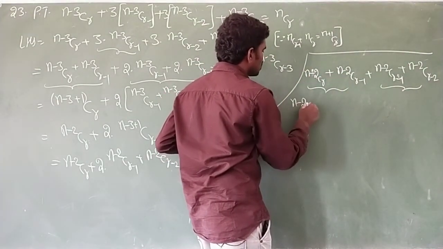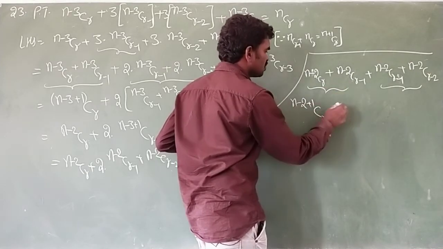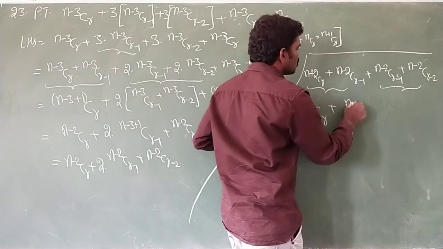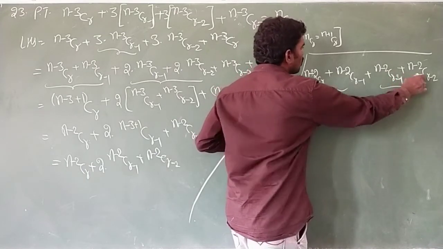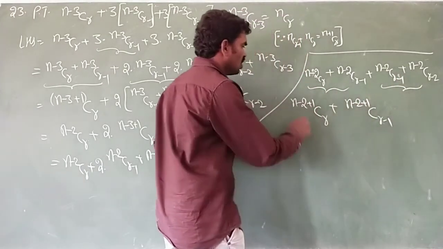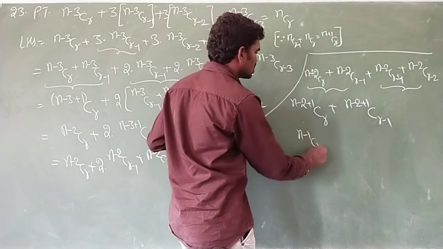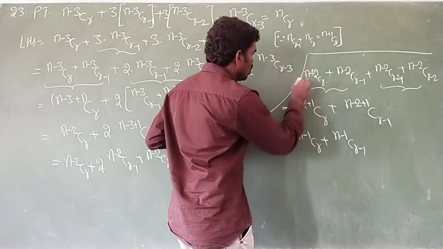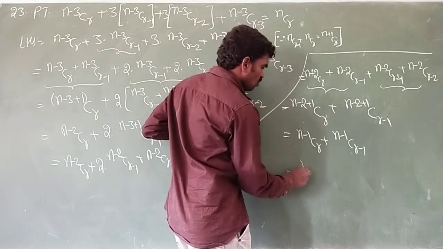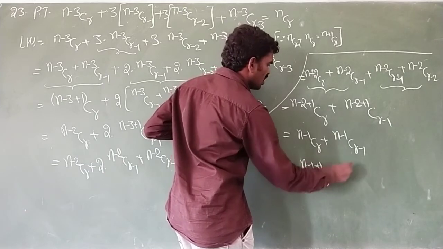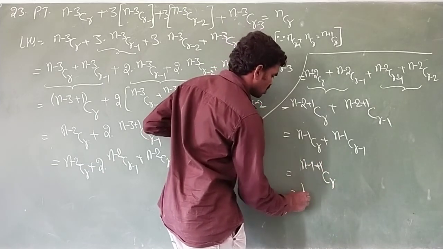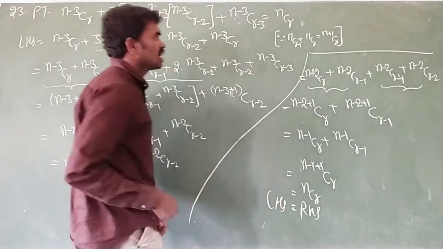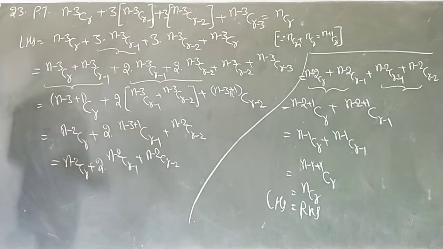So we can write (n-2+1)C r, and between r and r minus 1, r is bigger. And from the next two, same n minus 2, n minus 2, so we can write (n-2+1)C(r-1), and between r minus 1 and r minus 2, r minus 1 is bigger. What is n minus 2 plus 1? It is (n-1)Cr. And (n-1)C(r-1). So both are the same now. So we can write (n-1+1)Cr, and between r and r minus 1, r is bigger. Plus 1 minus 1 cancel, equals nCr. Got it? LHS equals RHS. Hence proved. Okay? This is the 23rd question.